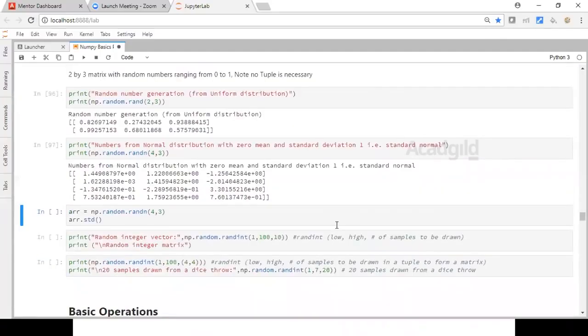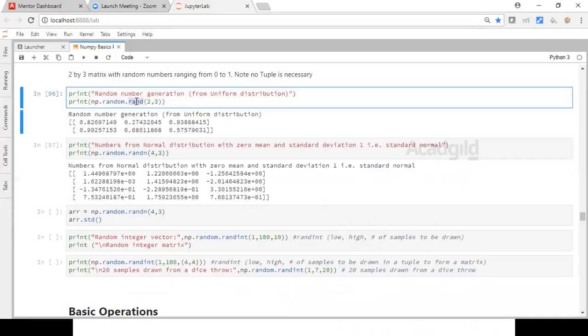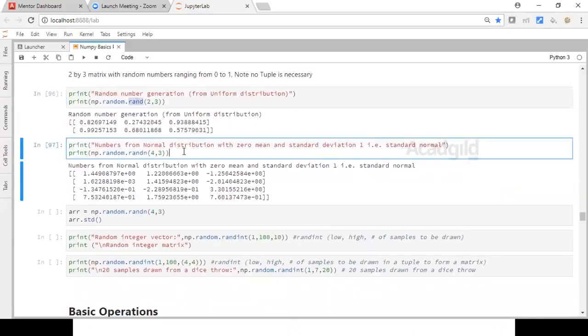Don't think much about it. We will come to that. For the people who don't know about statistics, you could just ignore it for now, but just see that rand is the important function with which we can create uniformly distributed random numbers. And for the people who know about the normal distribution, randn is the function to generate random numbers with a mean of 0 and a standard deviation of 1. If you want,